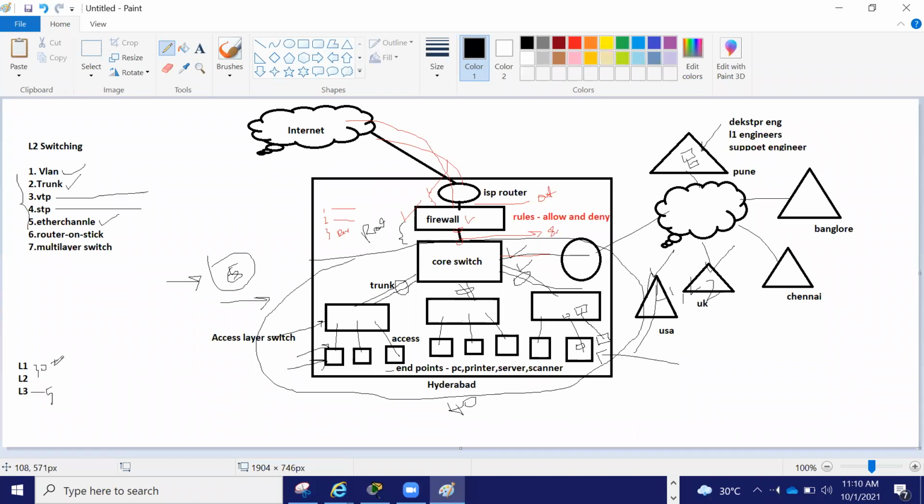That's why, if you see my recent students, most of them got jobs in L1 and L2. All the desktop related services: a printer having a problem, a PC having a problem, installing the operating system, solving user issues. And this desktop engineer, what they do is they are L1, L2 engineers.